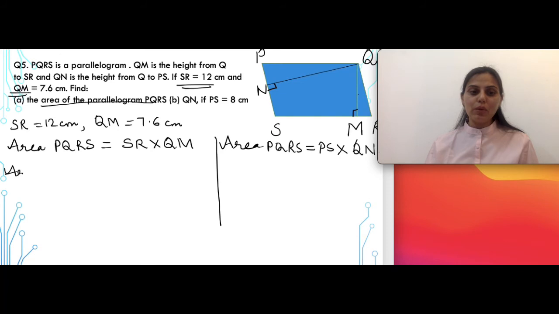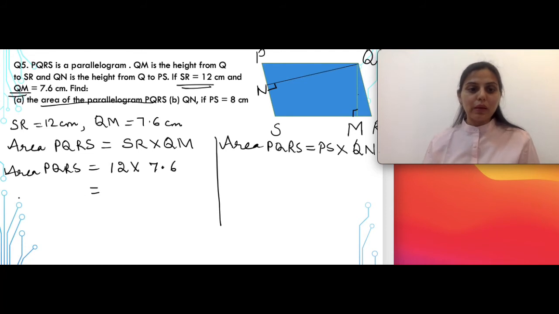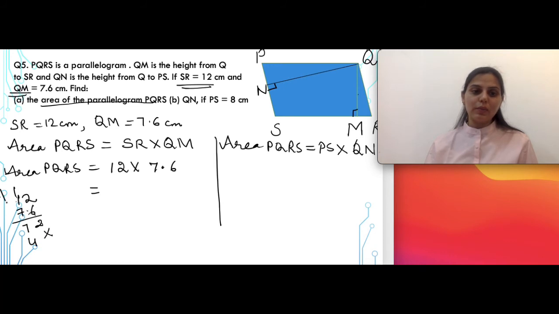So area of PQRS will be equal to SR means 12 multiplied by QM means 7.6. So this you can solve by long multiplication method. 12 multiplied by 7.6, we can remove the decimal and write this as 76. 6 2s are 12 you will get, 6 1s are 6 plus 1 will give you 7, 7 2s are 14, and 7 1s are 7 plus 1 will give you 8. So this gives you the answer 912, but since we have a decimal also, it will be 91.2 centimeter